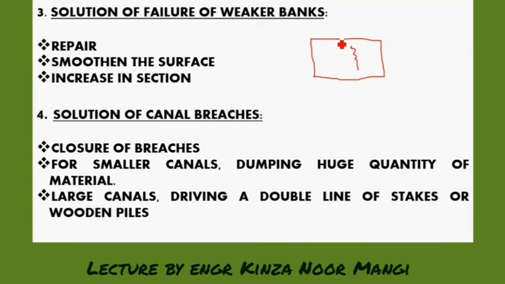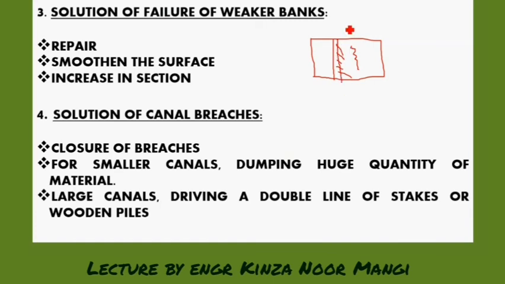Once we close the water from the head, then we have to stop the water which is already there. What we will do is, a little away from where there are cracks, we will try to embed some wooden piles, or a double line of stakes,